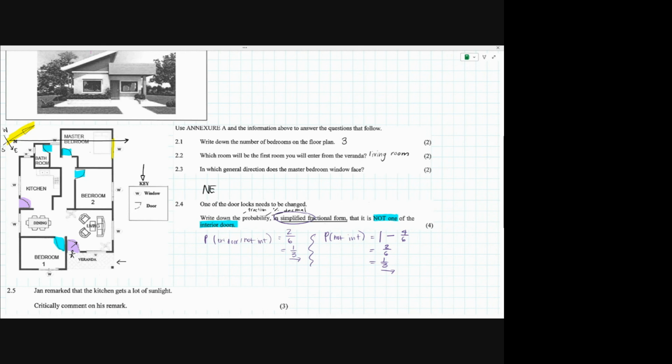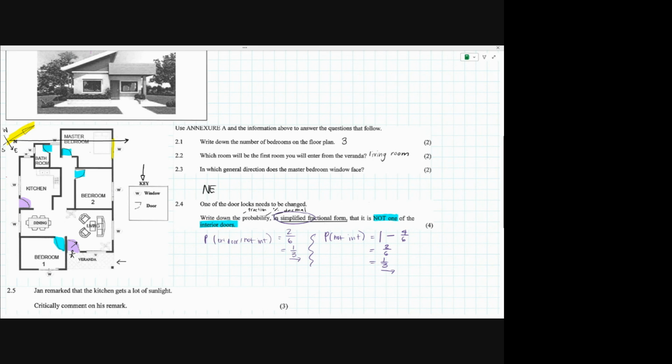It makes absolutely no difference. But for this question, it was very important that we did identify which doors were interior and which doors were exterior, because it very specifically told us that it did not want an interior door. Now, again, we've spoken about the fact that 4 marks seems like a lot of marks for a question like this. Realistically, you could have gone straight to your answer here, okay? But always bear in mind that we're generous with marks, and particularly in questions like this where you are needing to